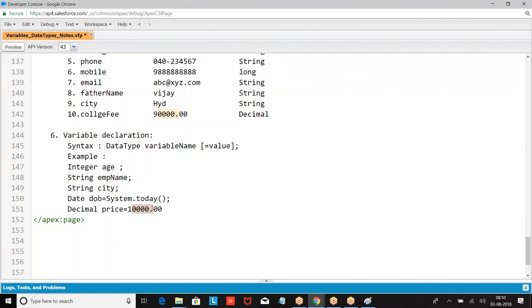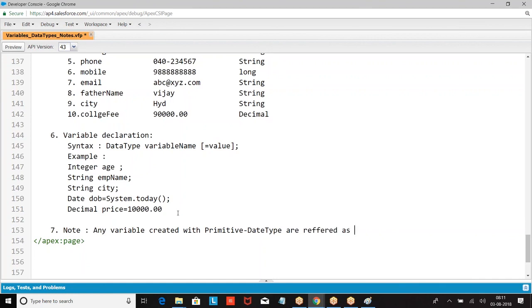If the data type of a variable is primitive, then it is referred to as a primitive variable.